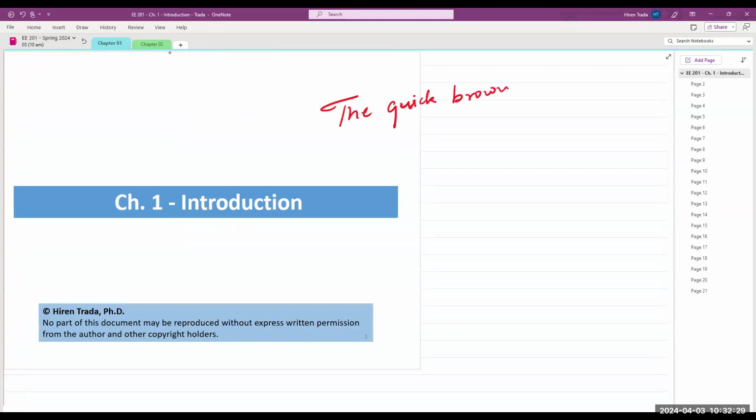handwriting is a lost art, by the way. If you can't read my chicken scratch, sometimes I go fast and you might not understand what I'm writing, then let me know. Okay. Anyone know the sentence? It's to practice your handwriting because it contains every single letter of the English alphabet, A through Z, all of it.